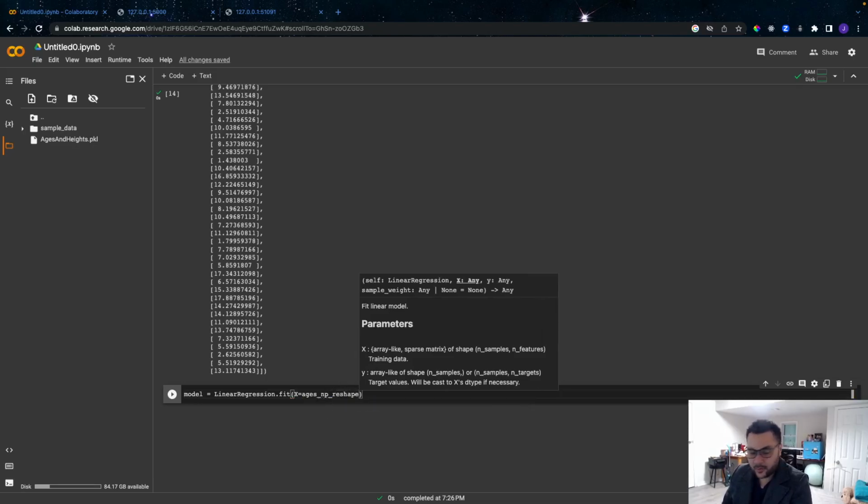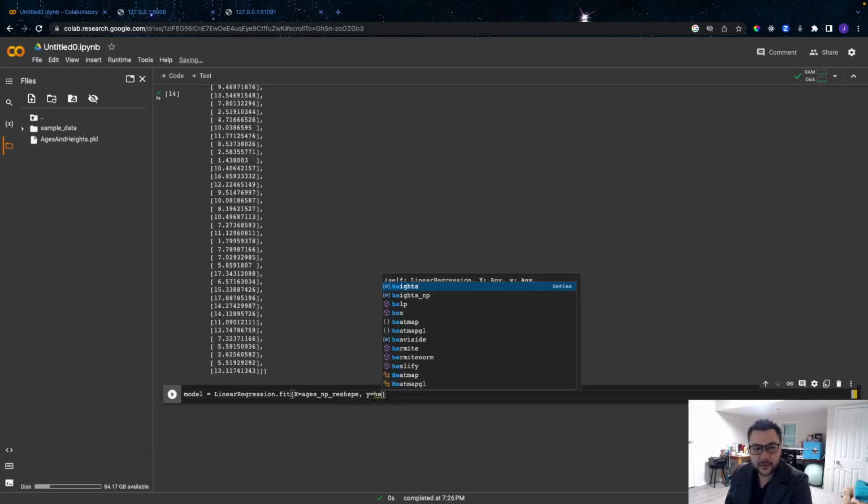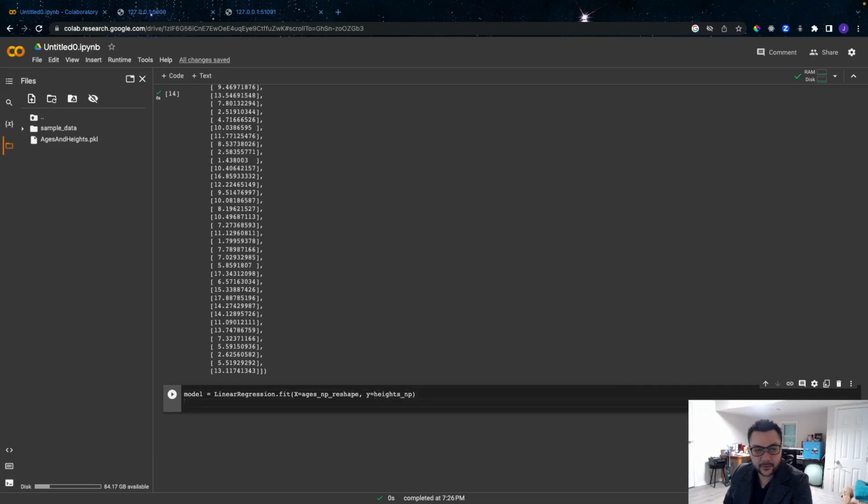Okay, here we go, and then the y is gonna be equal to height numpy, which is this one here. The predictions is gonna be equal to model predict